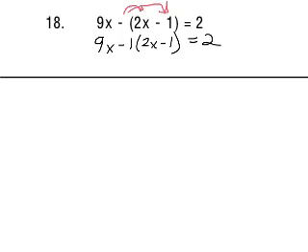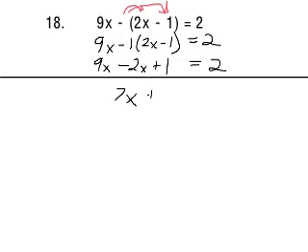Alright, so let's do this distribution first. We'll keep the 9x, and then minus 1 times the positive 2x is a negative 2x. Negative 1 times the negative 1 is a positive 1. And that equals 2. Okay, so now we're going to combine like terms. We have a 9x minus 2x gives us 7x plus 1